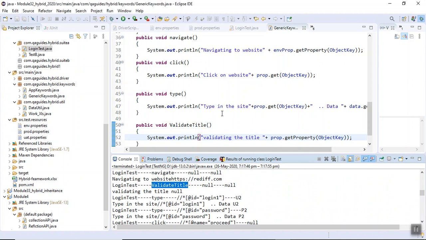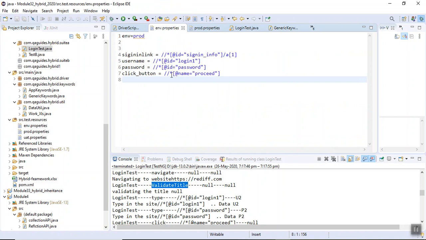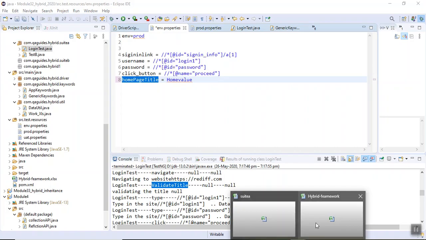Go to your environment properties and here give home page title equals anything, home value. And I have to provide this key over here.